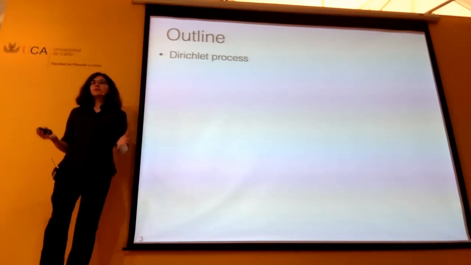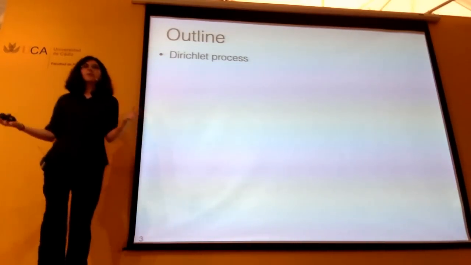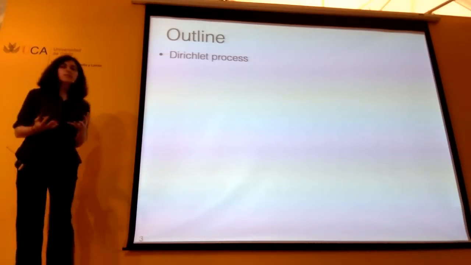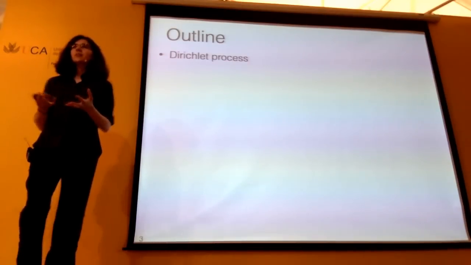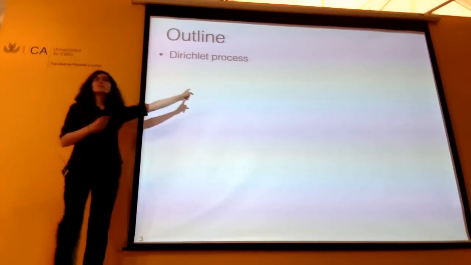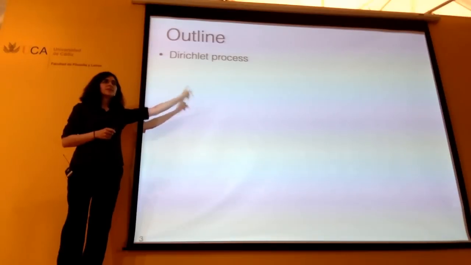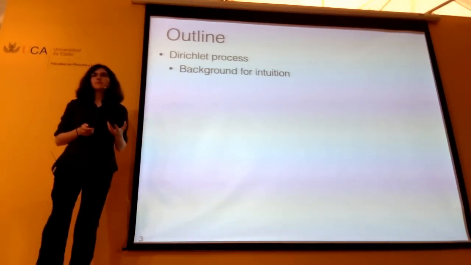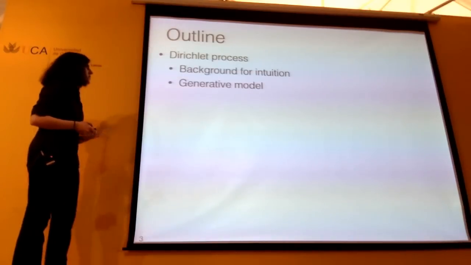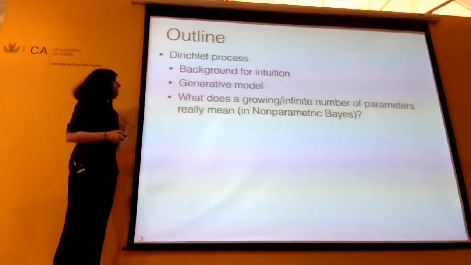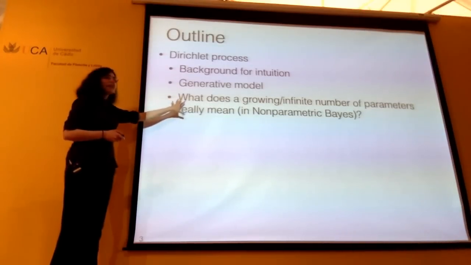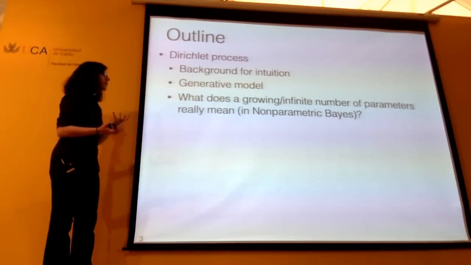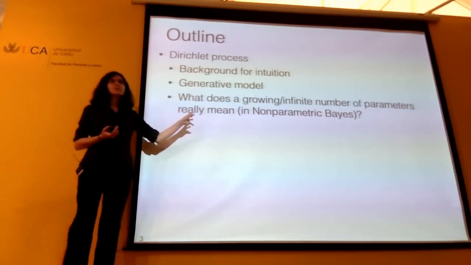So when people talk about Bayesian nonparametrics, that's a huge field, there's a lot going on in it. But somehow, if you want to read papers in this field, work in this field, or understand what's going on in this field, you're doing pretty well if you understand what the Dirichlet process is. And so I'm going to focus a lot on building up intuition for the Dirichlet process, talking about the generative model for the Dirichlet process, and at the end of this, I think we're going to have a sense of this question that I posed in the beginning of what it means to simultaneously have a growing yet infinite number of parameters in non-parametric Bayes.